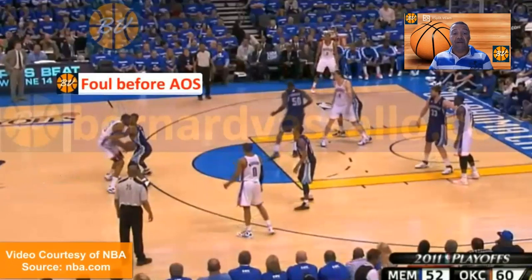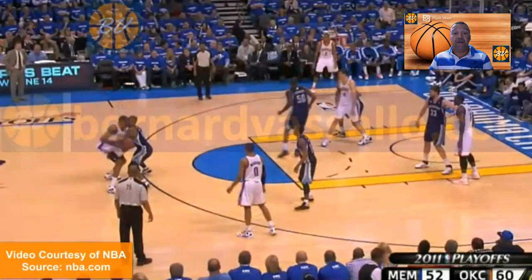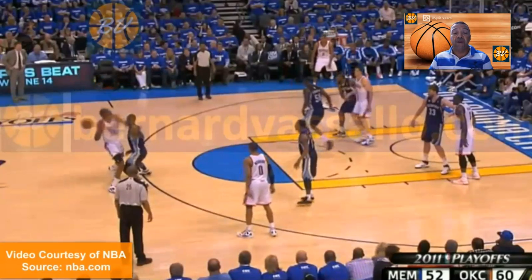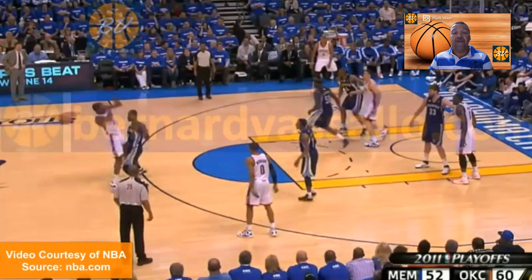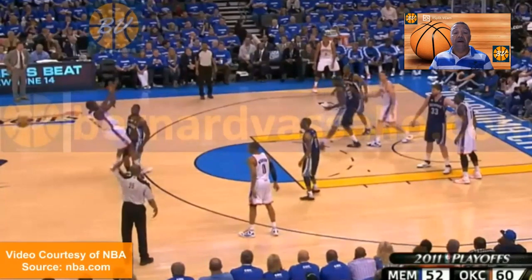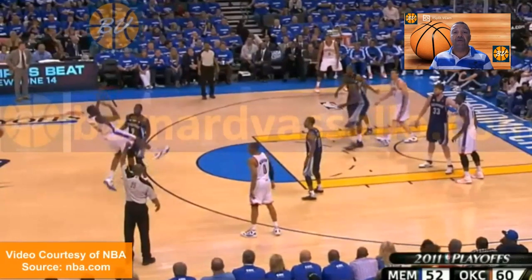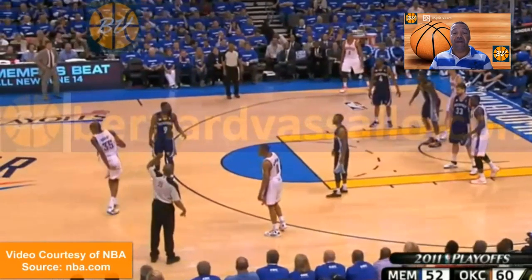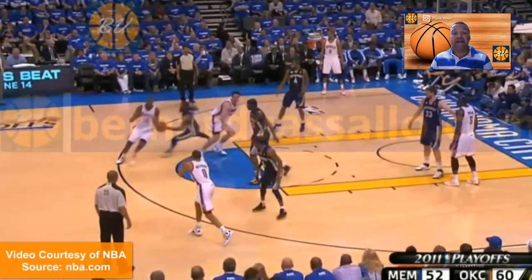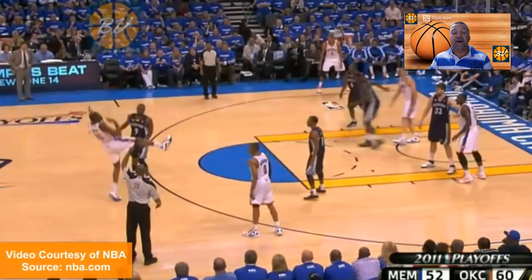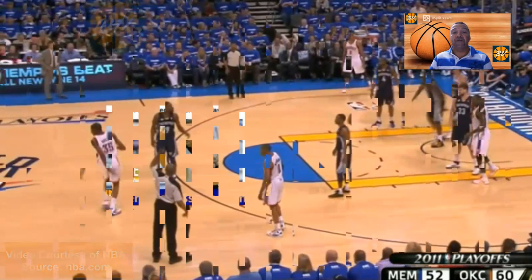And as you could see, this foul occurs before the start of the upward movement. Therefore, this is a foul not in the act of shooting, but a foul before the act of shooting. The penalty would be a throw-in for the team in white from the sideline. Let's see the action all over again. Rip-through movement, foul before the act of shooting.